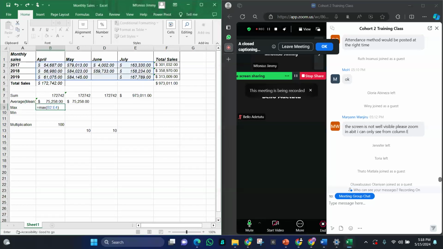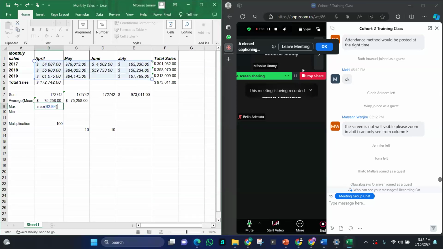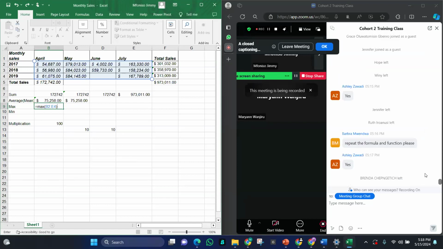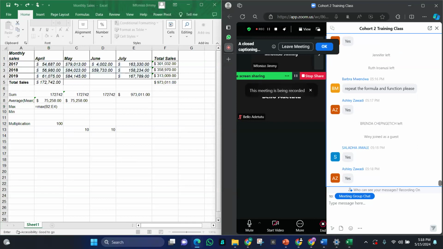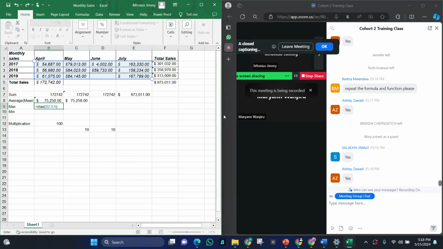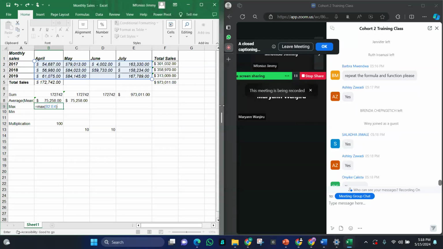Can you see my screen now? Marianne, please can you see my screen now? If you're still here, can you see my screen now? Yeah, I'm here. Okay, let me try. Someone just said, zoom in, like the screen is too big that I'm not seeing part of it, and I'm using my laptop.